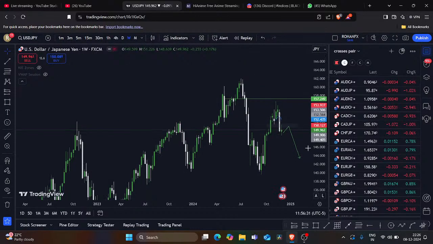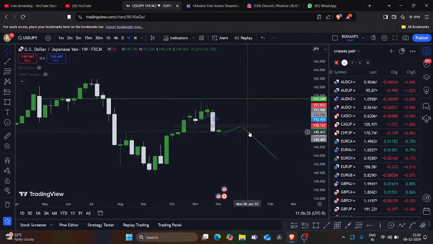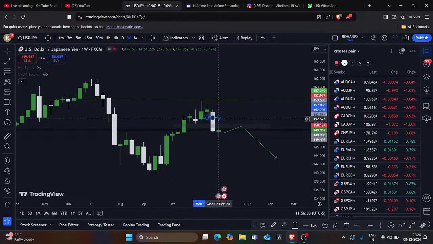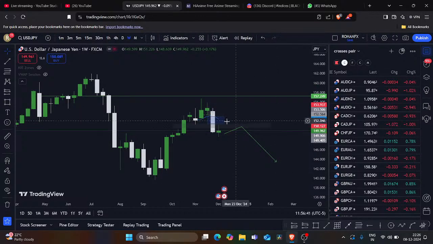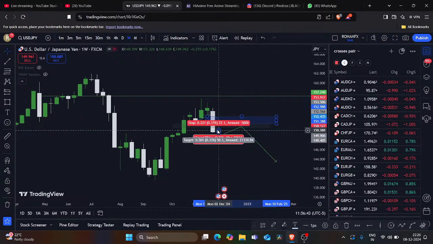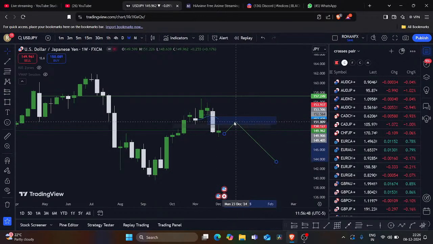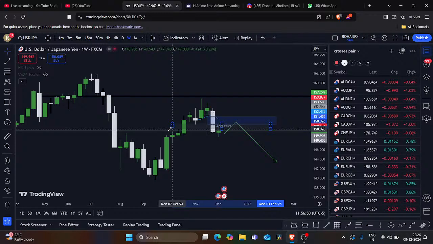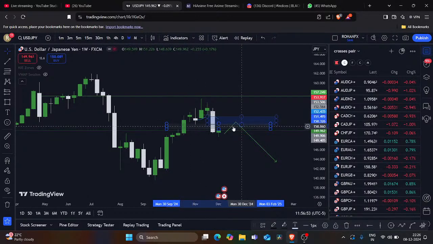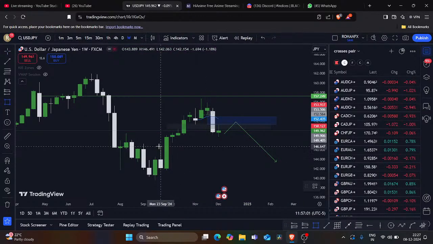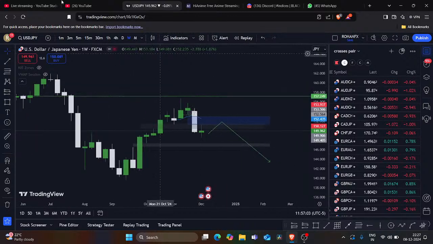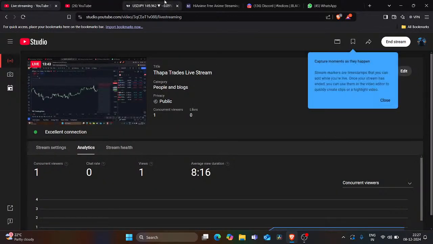Let's look at USD JPY. Inverse fair value gap respecting. What we can expect in USD JPY is either it has to respect this weekly fair value gap, tap this, take out this liquidity, the previous week's liquidity, tap that zone and fall from there, or else it respects this inverse fair value gap, or we can expect a direct fall from here targeting this liquidity zone here. Bearish momentum clear. Yeah, okay, cool.